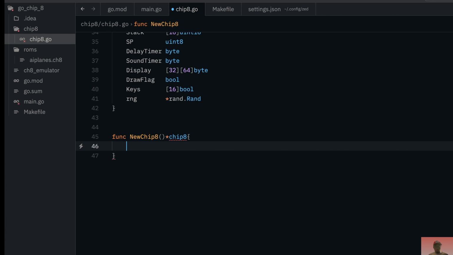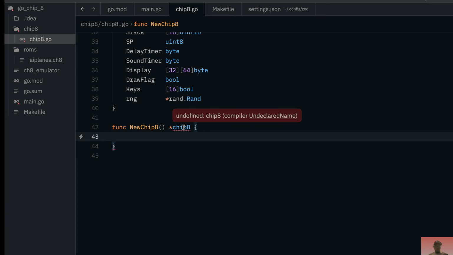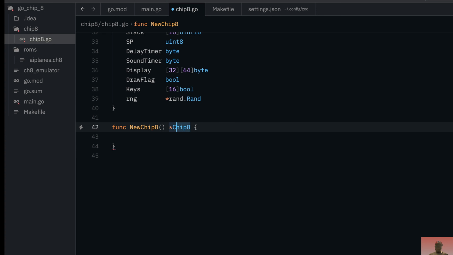And what are we going to do here? We are going to initialize our PC and then load the font set into our memory. So how are we going to do that? Let's initialize a reference